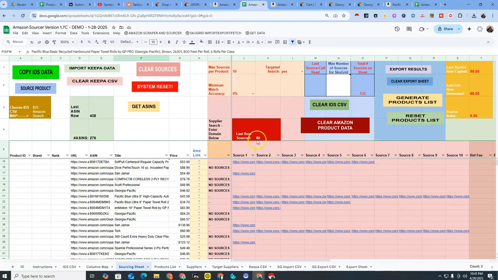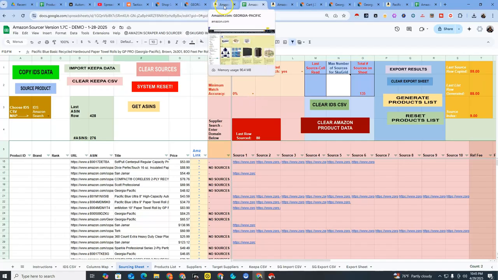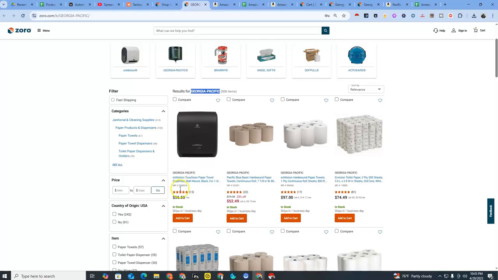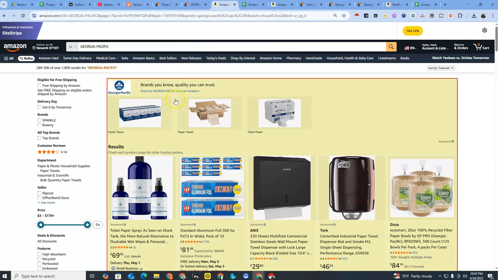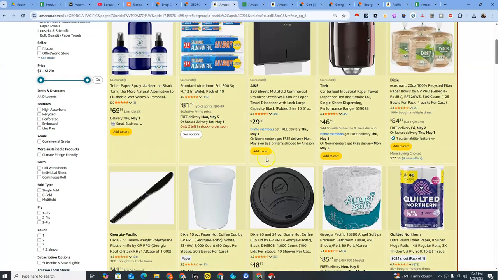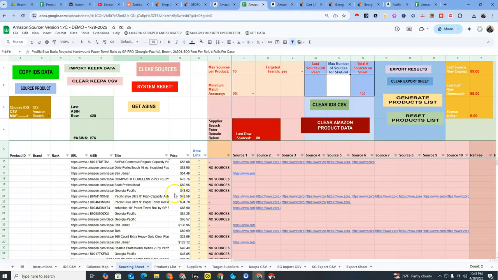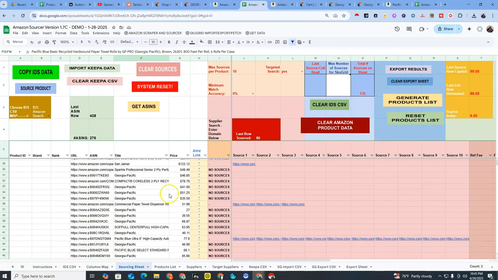So what I did, I'll just recap it really quickly, is I went to Amazon and I searched the Georgia Pacific brand, which is a brand that I found on Zoro, that is sold on Zoro. And I then used a free Chrome extension to scrape the products from the Amazon page, the Georgia Pacific results. I brought them into this Google Sheet, and the Google Sheet then found some Zoro links or Zoro URLs for